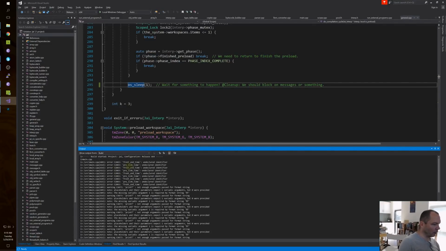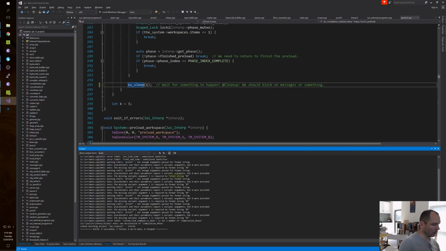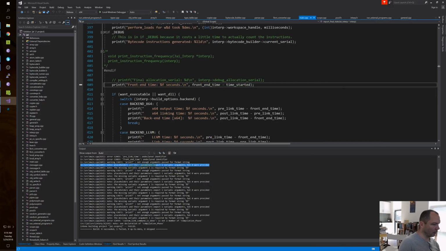Okay, pre-link time, front end time. What the hell? Why is it saying no variadic arguments were provided? Oh, because that